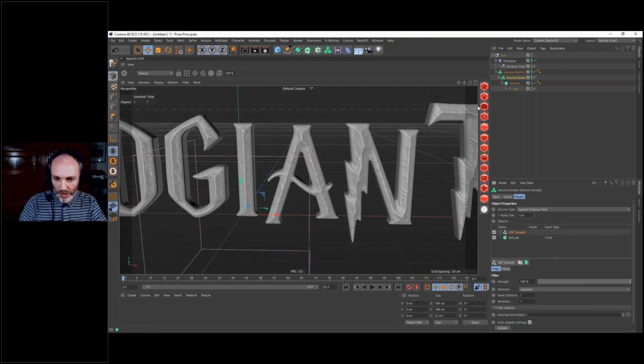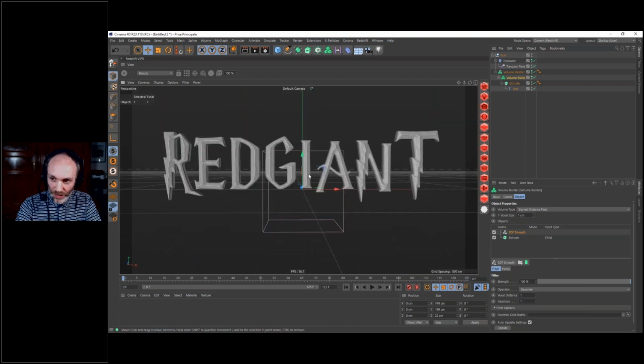Okay, so that's it about the modeling. We didn't model anything because everything has been made by Cinema 4D. But I think that's an interesting technique to look at. And now we're going to light this, okay? Because the lighting is really going to create the mood of the scene and so on. And then after lighting the title, we will work on the texture, on the materials, so we can add details to our text, and maybe